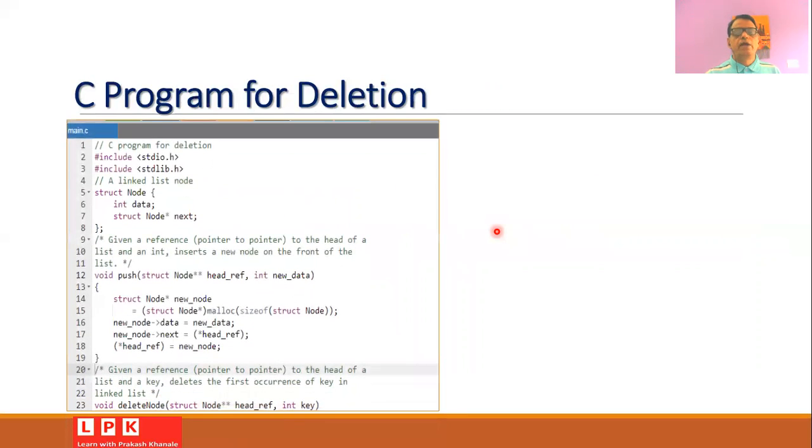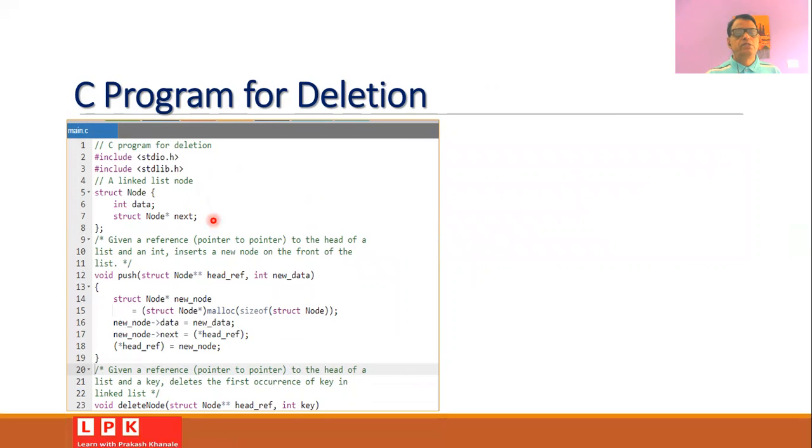Now we can think of writing a simple C program to perform the deletion operation. Initially in the C program, we need to include the required header files such as stdio and stdlib. Then a linked list node can be created by making use of the structure node, which will consist of a data value and a pointer value.